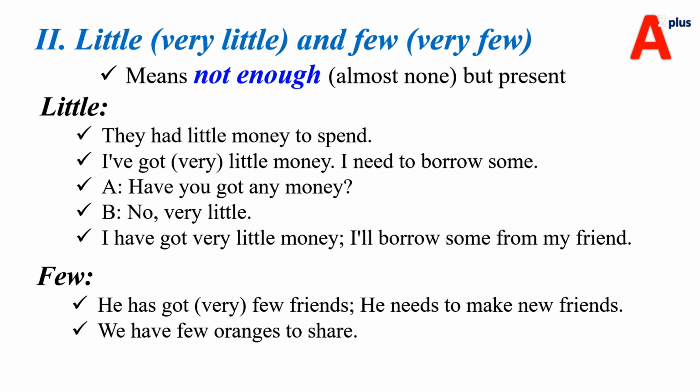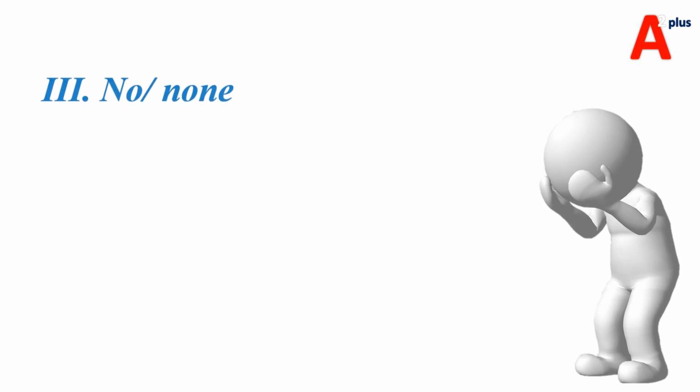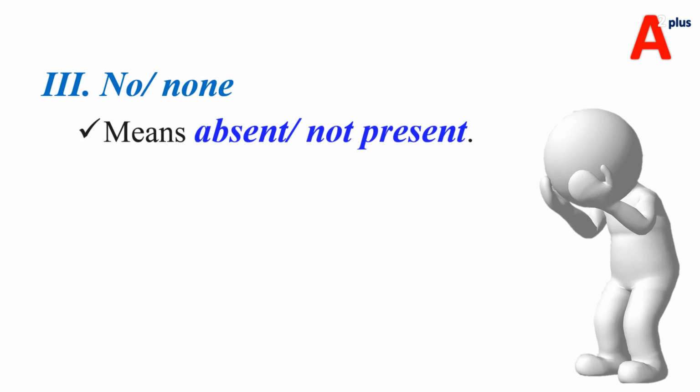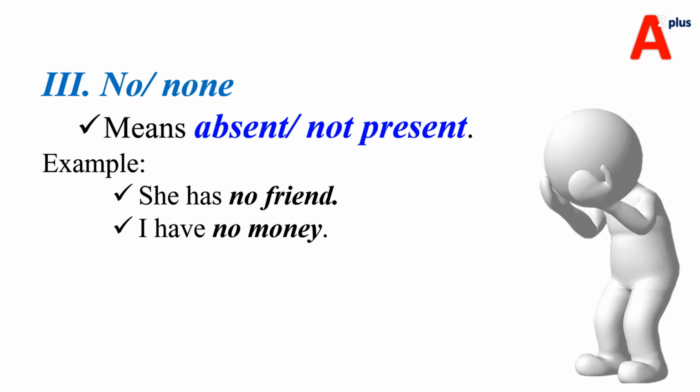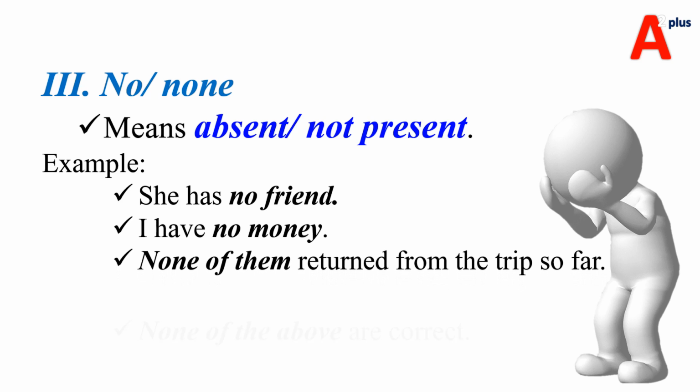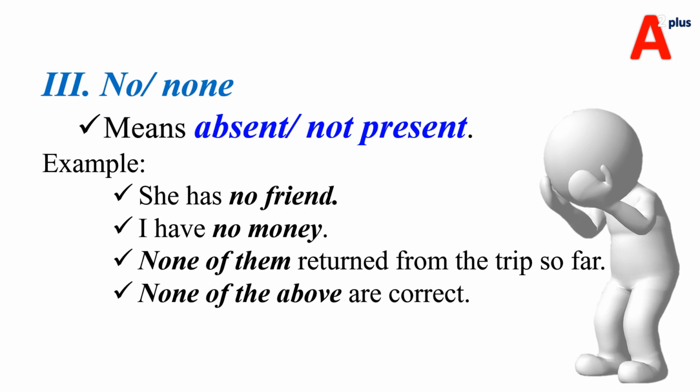አምስት ካለን ሁለት ኦሬንጅ ካሉ ብርቱካን ካሉ በቂ አይደሉም አሉ ፕሬዘንት ናቸው ግን በቂ አይደሉም ሁላችን ስለዚህ few እንጠቀማለን ማለት ነው። no none የሚለው ደግሞ totally absent ወይ ደግሞ present የለም ለማለት ደግሞ no ወይ ደግሞ none እንጠቀማለን ነው። She has no friend ምንም ጓደኛ የላትም ብቻዋን ነች she has no friend she is a loner. I have no money, I am broke ምንም ብር የለኝም ብር ጨርሻለሁ። ስለዚህ ምንም የለም ለማለት ደግሞ no or none እንጠቀማለን። None of them returned from the trip so far ስለዚህ ከትሪፕ የተመለሱ ከነሱ ማንንም የተመለሰ የለም።